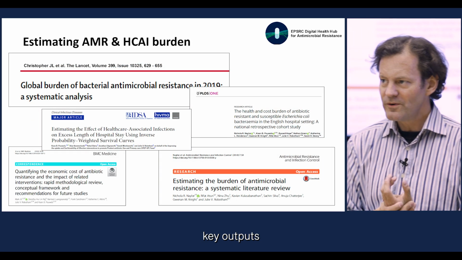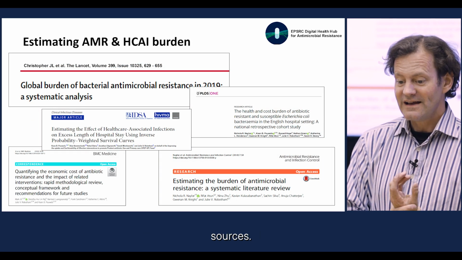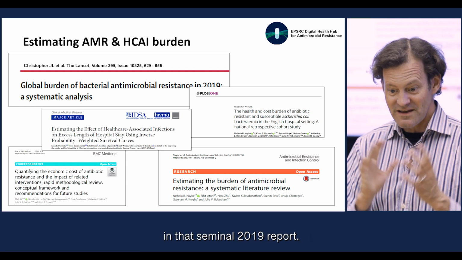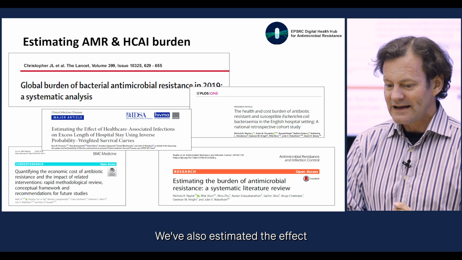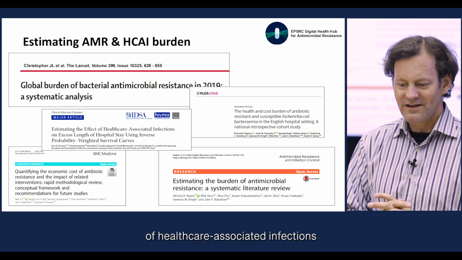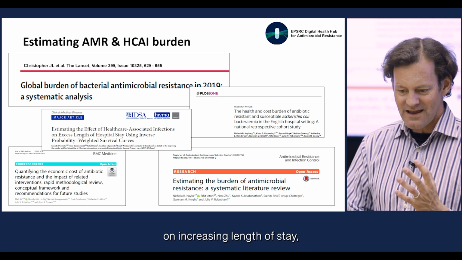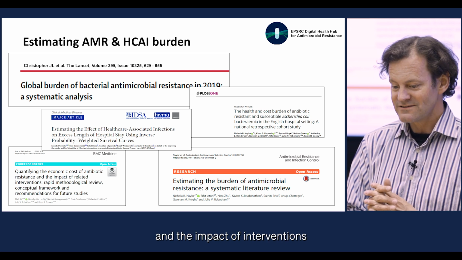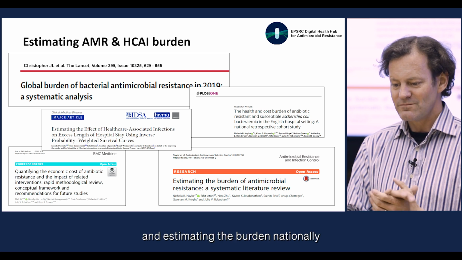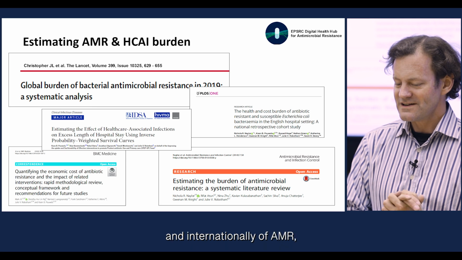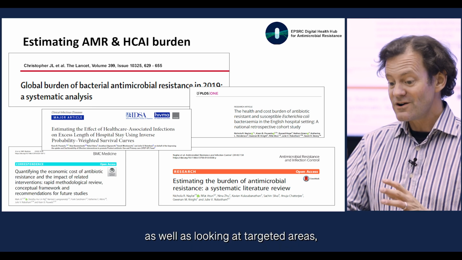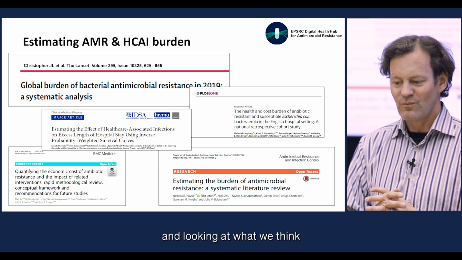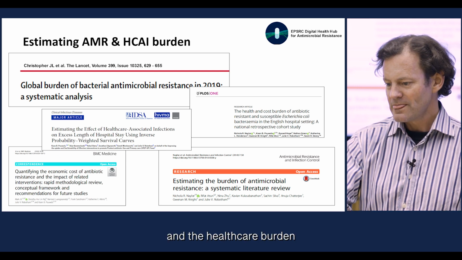These are some key outputs from some of those digital modelling sources. So we've looked at the global burden of antimicrobial resistance in that seminal 2019 report. We've also estimated the effect of healthcare-associated infections on increasing length of stay, looking at the economic cost for antimicrobial resistance and the impact of interventions, and estimating the burden nationally and internationally of AMR, as well as looking at targeted areas, for example, on E. coli bacteria in England, and looking at what we think the economic and the healthcare burden are, all to build